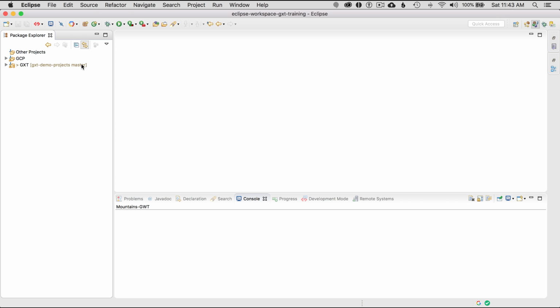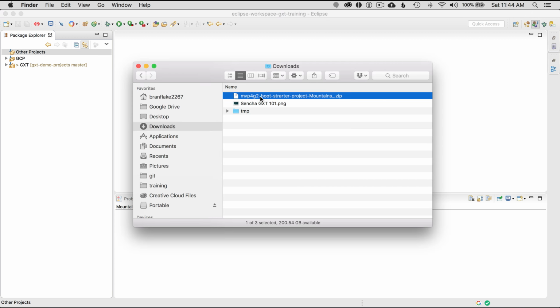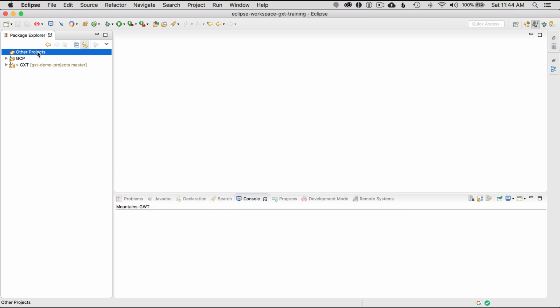And what I want to do is import the project. But before I do that, I'm going to go to the Finder and double click on it so it extracts it. You may have to do that differently on your operating system. And so the next step, I'm going to import it, go on other projects. I have workspaces open. That's why I see other projects. I'm going to right click,